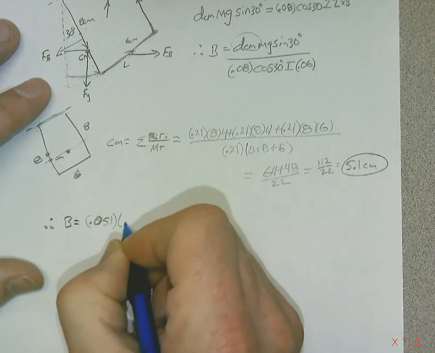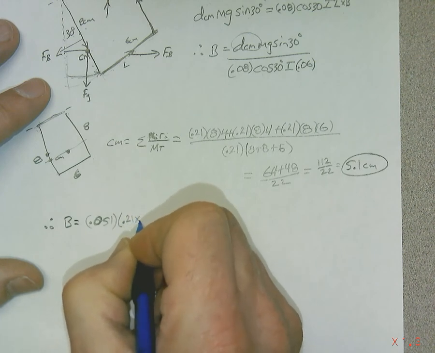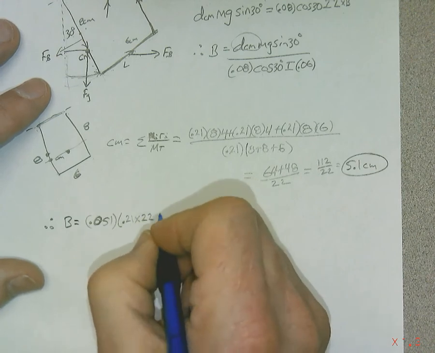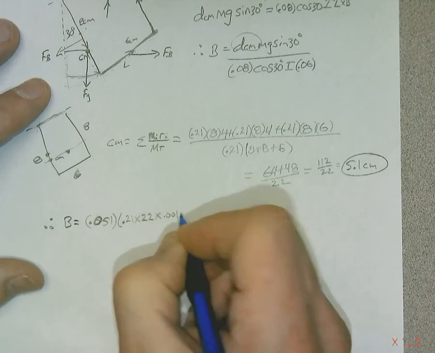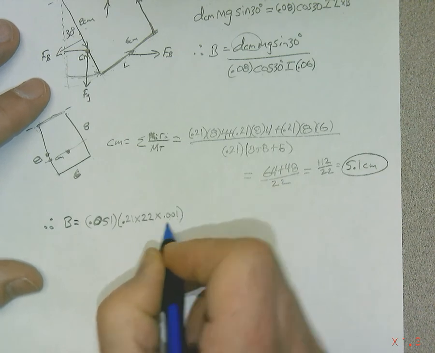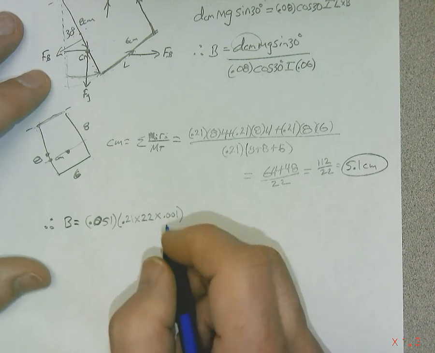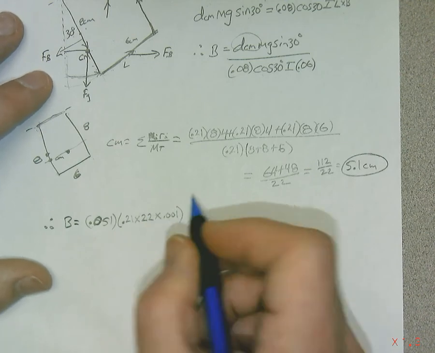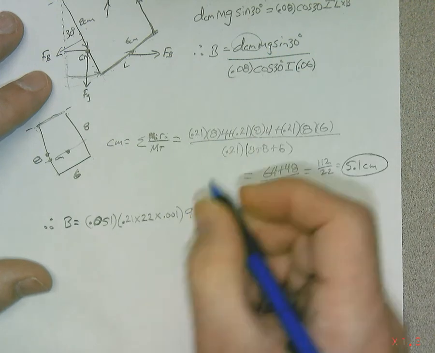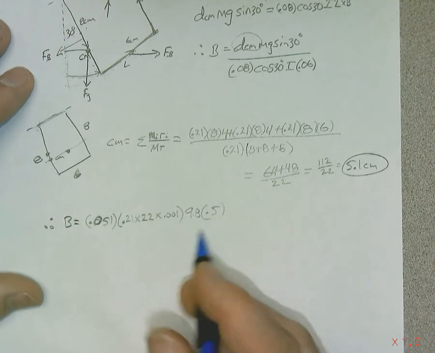So the mass is 0.21 grams per centimeter times 22 total centimeters times 0.001 kilograms per gram. So this whole piece of garbage here is your kilograms. It's proper units, right? Then we multiply that by g, which is 9.8, and then sine of 30, which is 0.5. Whew. All